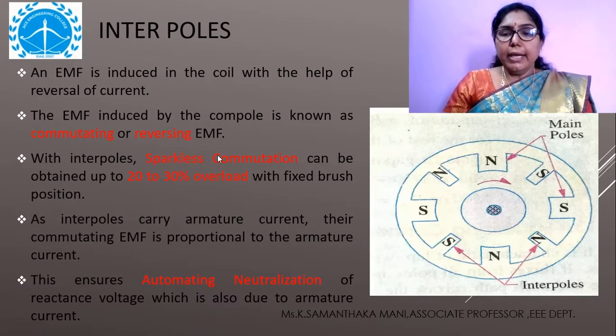So with this, I explained very clearly the methods of improving commutation: resistance commutation and EMF commutation. In EMF commutation, we have again two methods. Out of these, interpoles are the best solution for generators to get ideal commutation. Because of these methods that we mentioned, we can improve the commutation process, and hence get sparkless commutation at the brushes. That is required for the good performance of DC generators.